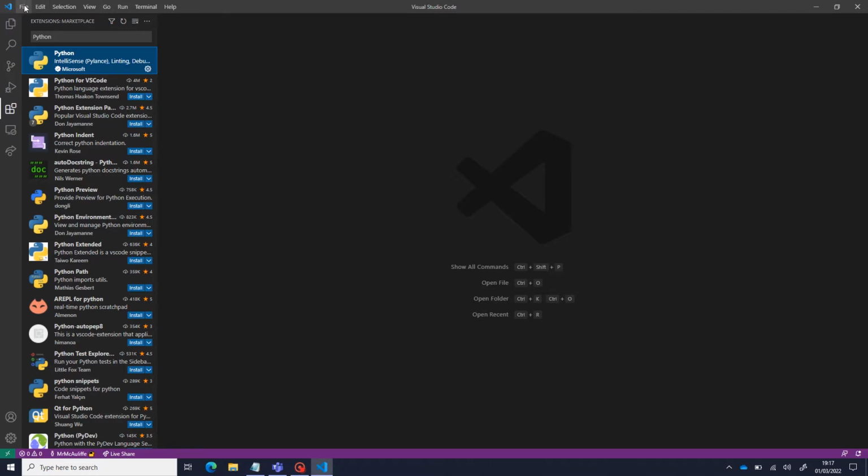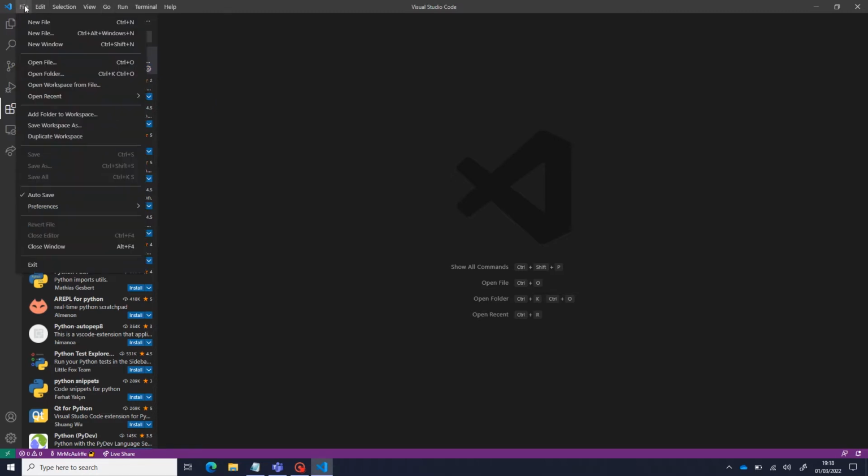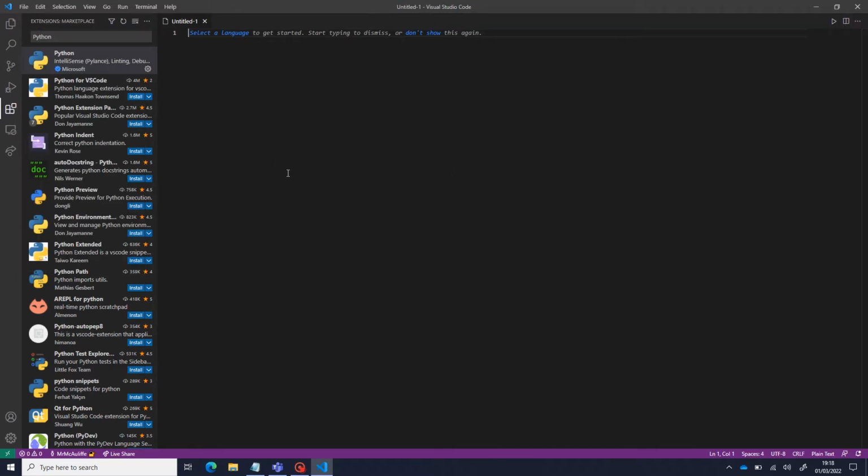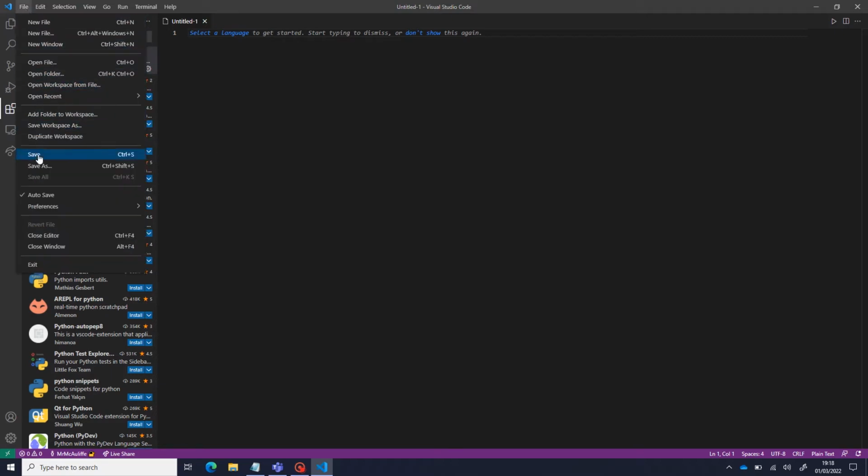To start, let's create a new file. We can do this by going to File and then clicking on New File. At the moment, we don't have a language to code in. First thing we need to do is we need to save it as a Python file. By default, this is going to be a text file. We don't want that. So to save it as a Python file, we're going to go to File, we're going to go to Save As,